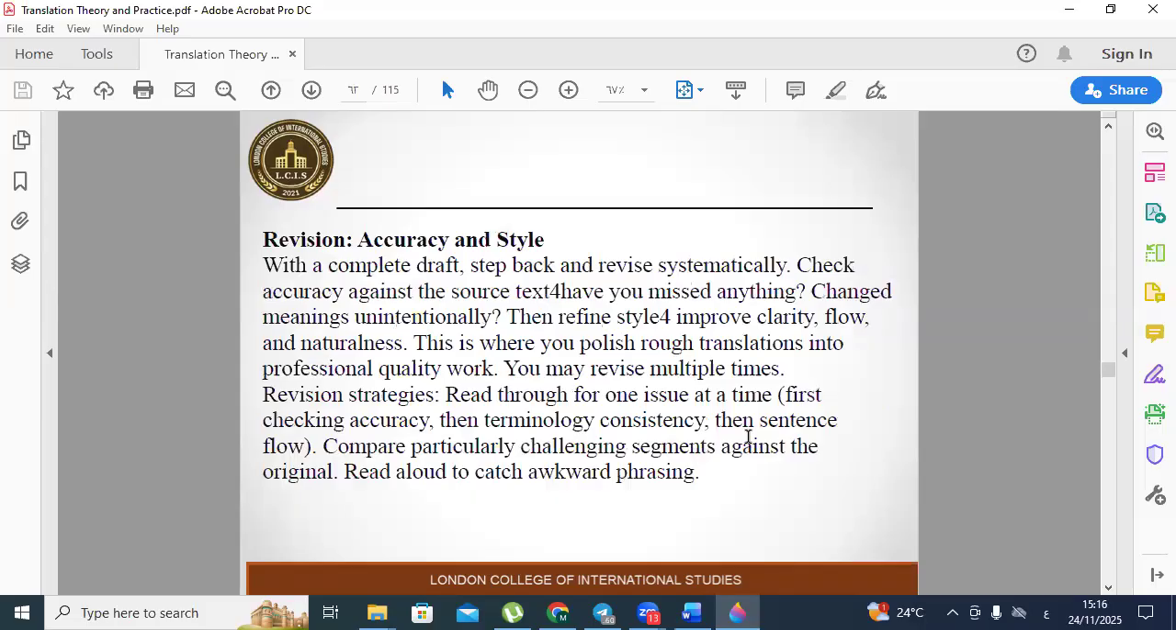Revision, accuracy, and style. With a complete draft, step back and revise systematically. Check accuracy against the source text. Have you missed anything? Changed meanings unintentionally? Then refine style, improving clarity, flow, and naturalness. This is where you polish rough translations into professional quality work. You may revise